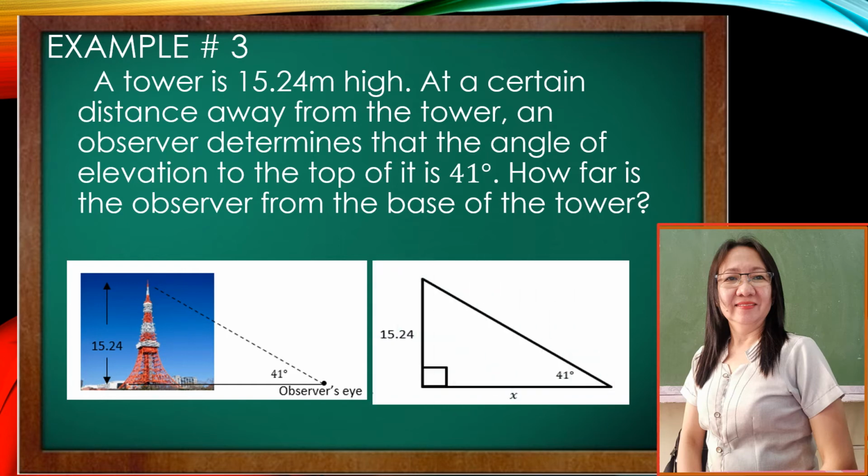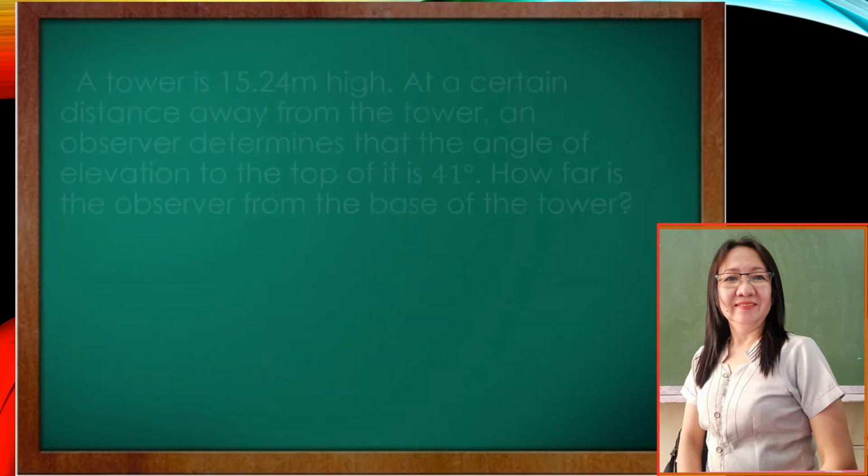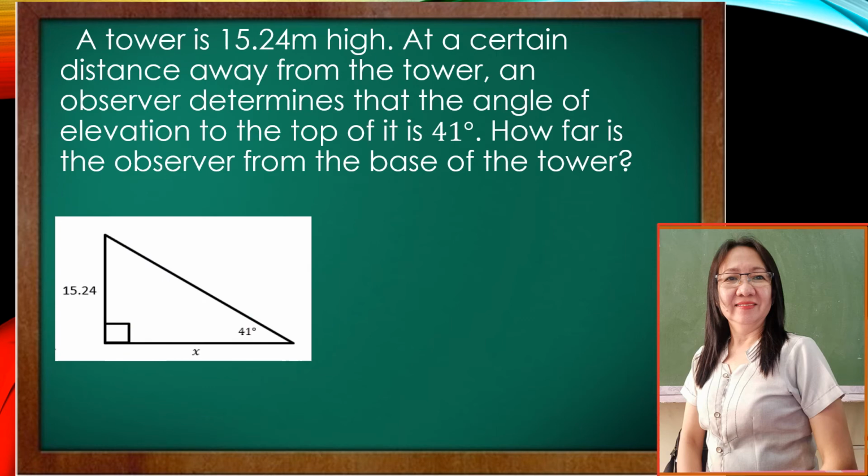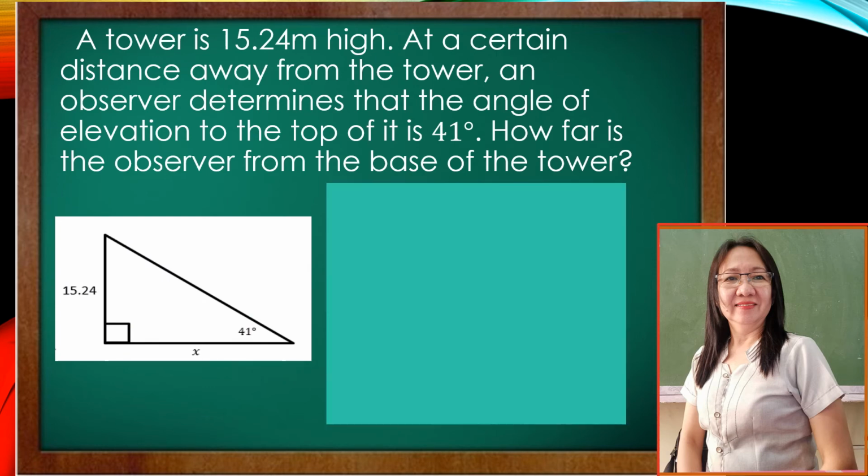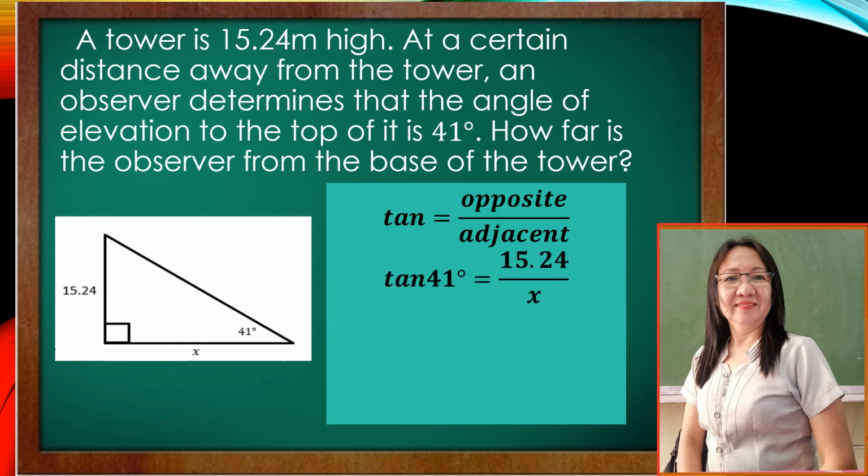Now, this is the equivalent triangle. So let us continue. This is our obtained triangle. Let us solve using our tangent function, which is the opposite over the adjacent. By substitution, we have tangent 41 degrees is equal to the opposite, which is 15.24, over the adjacent, which